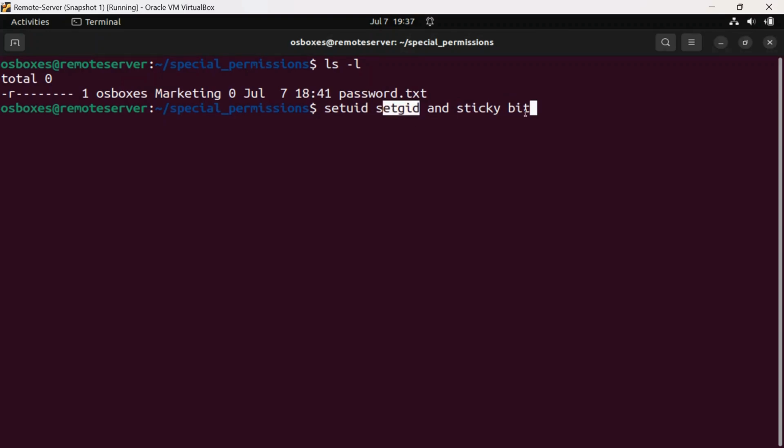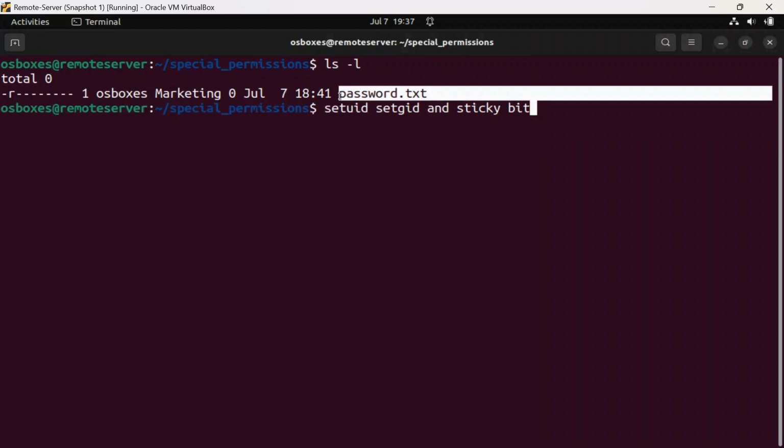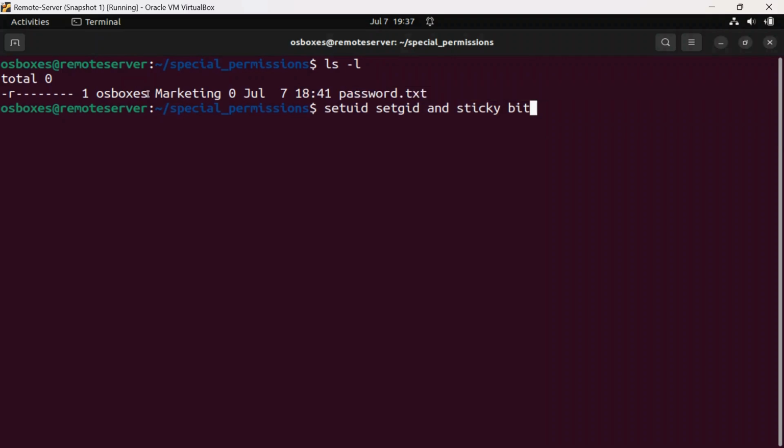Then sticky bit means users can only delete their own files. For example, we have a directory called special permissions. If we have different files here, like our password.txt file owned by OS boxes, and the user James wants to delete password.txt, he will not be able to because there is a sticky bit